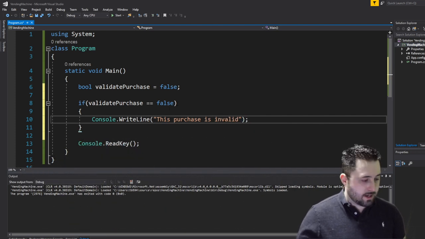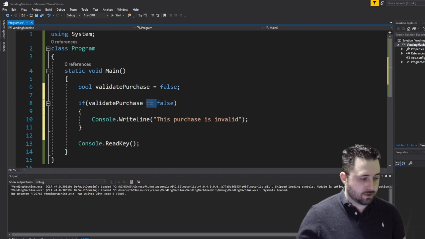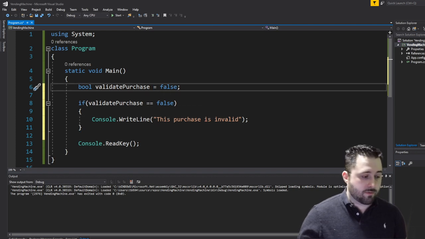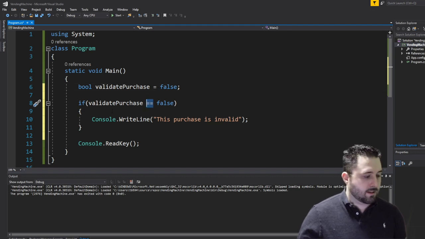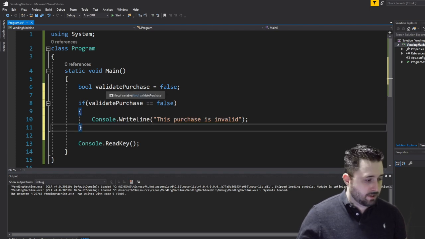Now a new operator that I introduced here is equals equals. It is different than regular equals. If it's one equal sign, it's an assignment. If it's two equal signs, it's a comparison, because it's comparing if validate purchase, and it's comparing the value to false. If we run this code with validate purchase being assigned to false,